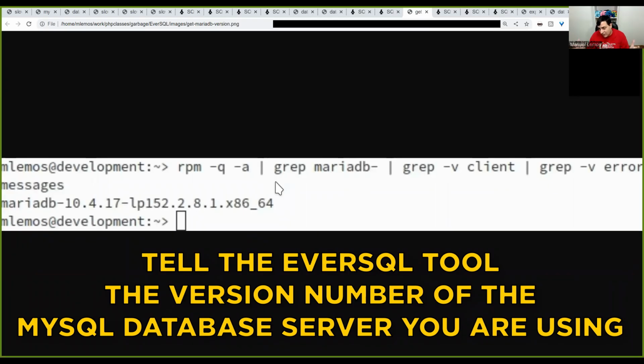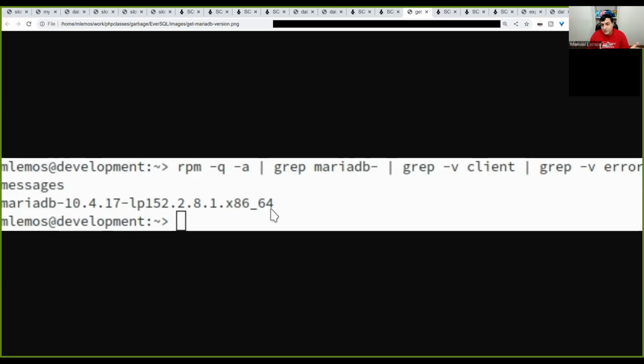You can ask me at the end of this podcast episode what could be the commands to figure out a specific version. In my case, since I use OpenSUSE Linux, I use the RPM command to get all packages and then filter by MariaDB and exclude client and error message. So I can only get as a result the MariaDB database server package. So as you may see here, MariaDB is installed, the 10.4 version. This is the information that we need to move on and put it here